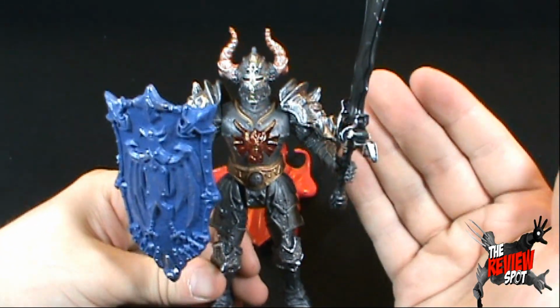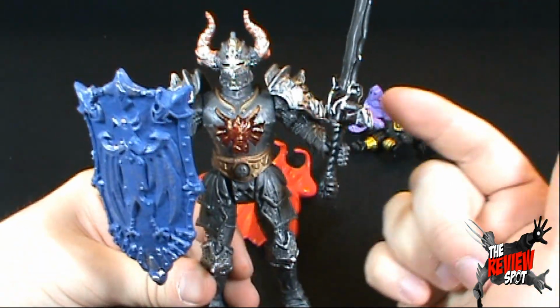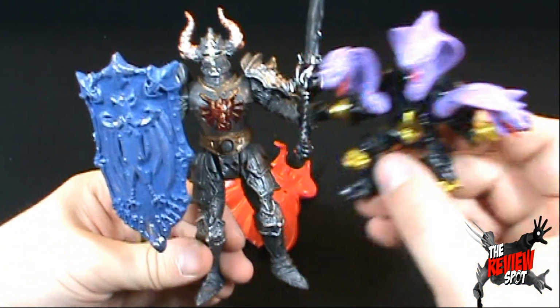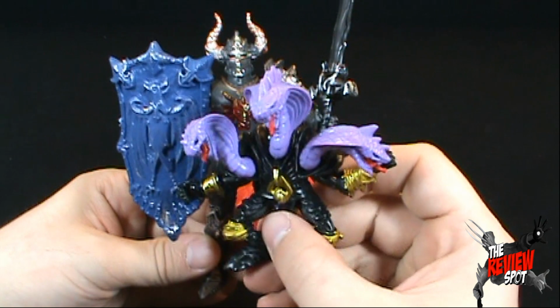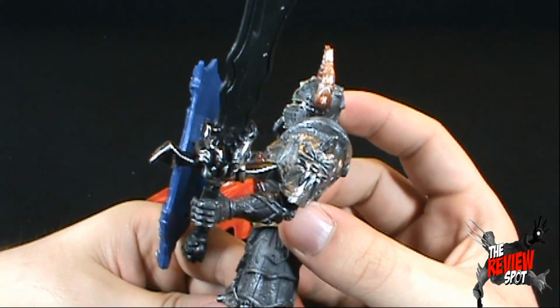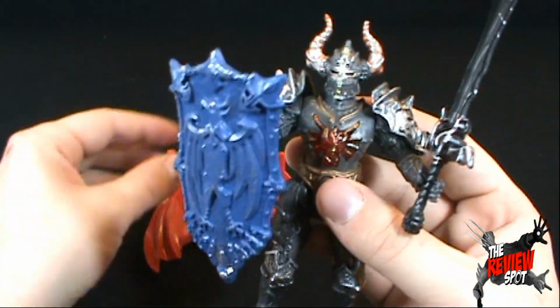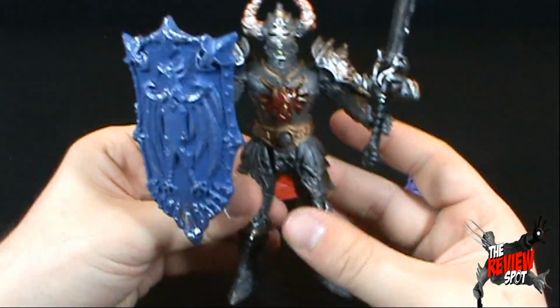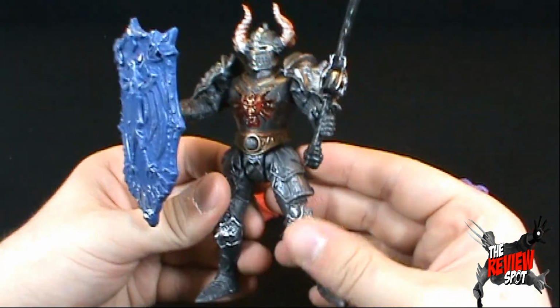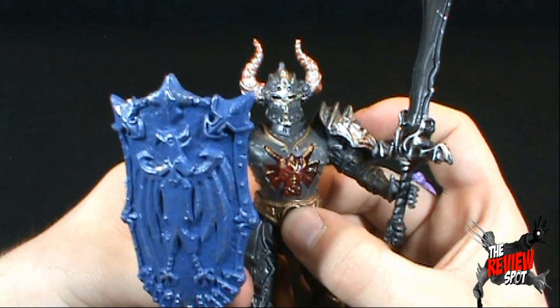So my question is to you, is this worth $1? Is this something you would pay $1 for? Keeping in mind, you got yourself a 3-headed snake henchman, you've got yourself a knight, got yourself some accessories, and a cape. Is this worth $1? So just let me know down below, guys. Comment down below. Let me know. Would you pay $1 for this? Or is this a piece of...